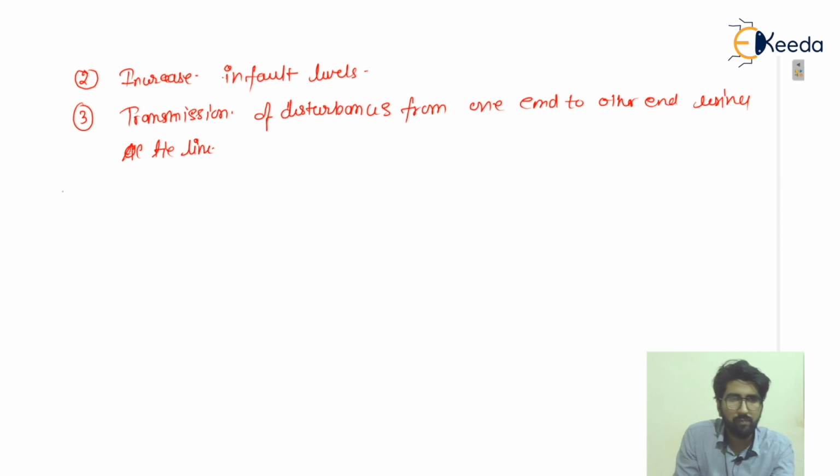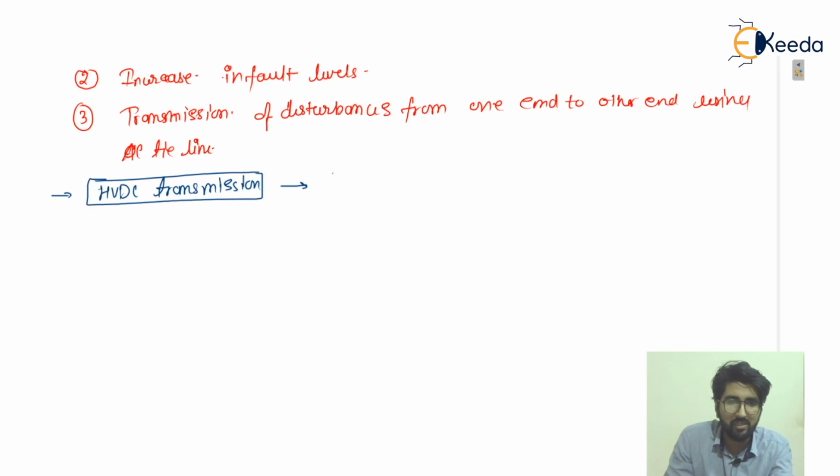Now look at other points. These are the problematic conditions in the AC tie line. So we use HVDC transmission lines. In HVDC transmission lines, these problems are eliminated. I can write here that with the HVDC transmission line, the above 3 points are eliminated,